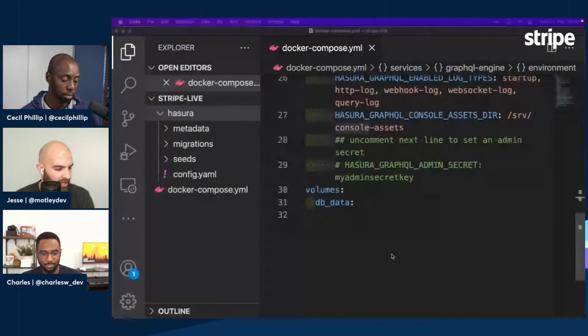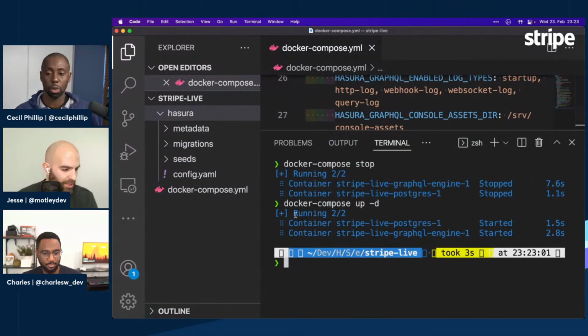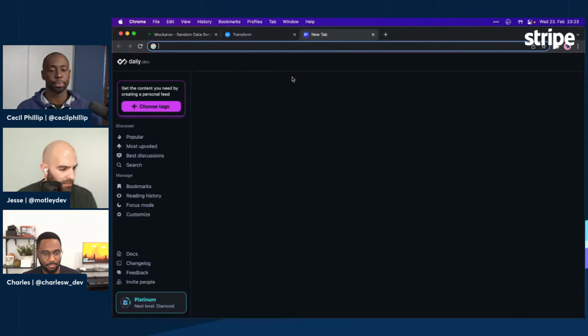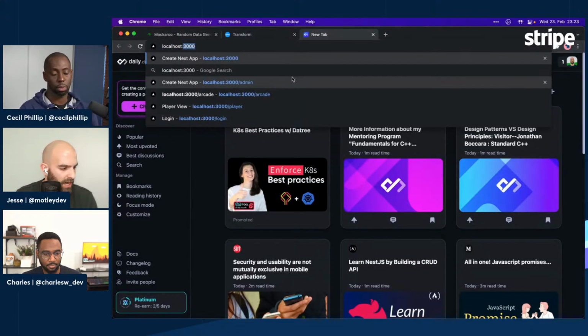So basically, this is just saying we've got dev mode enabled. We've now got the assets directory. In theory, that should allow the image to be back up and running again now. So if I were to go into the Hasura directory here, and open up a direct path to localhost 8080,